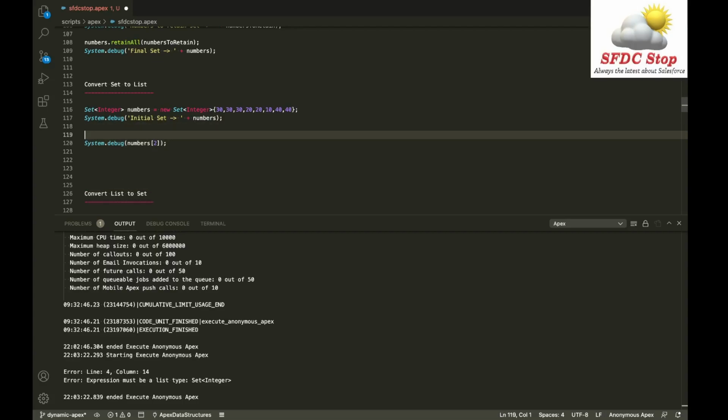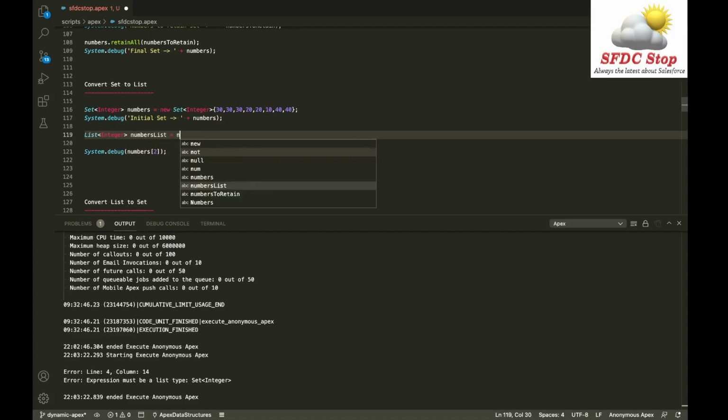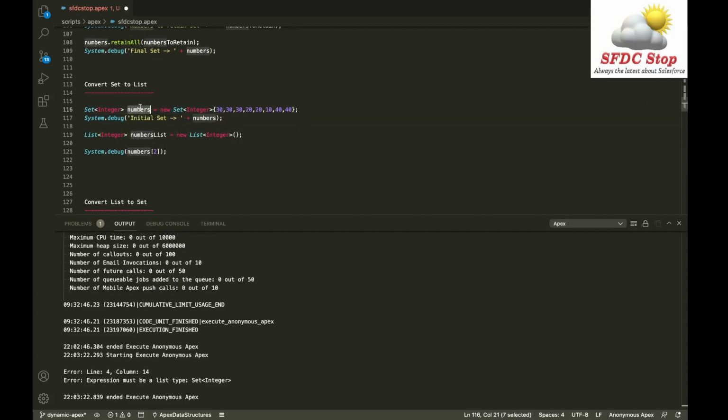So let's see what we can do. In order to solve this scenario, you can simply convert a set into a list. So let me initialize a list here. I'm going to say list of integer numbers list is equal to new list of integer, right? And I want to convert this number set into a list, so I can simply pass this number set in the constructor.